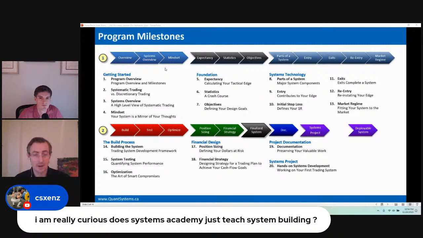Obviously, Ali has significant depth, and the statistics section in the foundations was kind of perfect. I think it's placed perfectly in the larger structure of the course, and really helps provide the context for understanding all of the other components that we build on afterwards. But when you get to the build process and the optimization, position sizing, and financial strategy, I think those are the things that even folks who have gone through the effort of developing systems don't really spend enough time with,